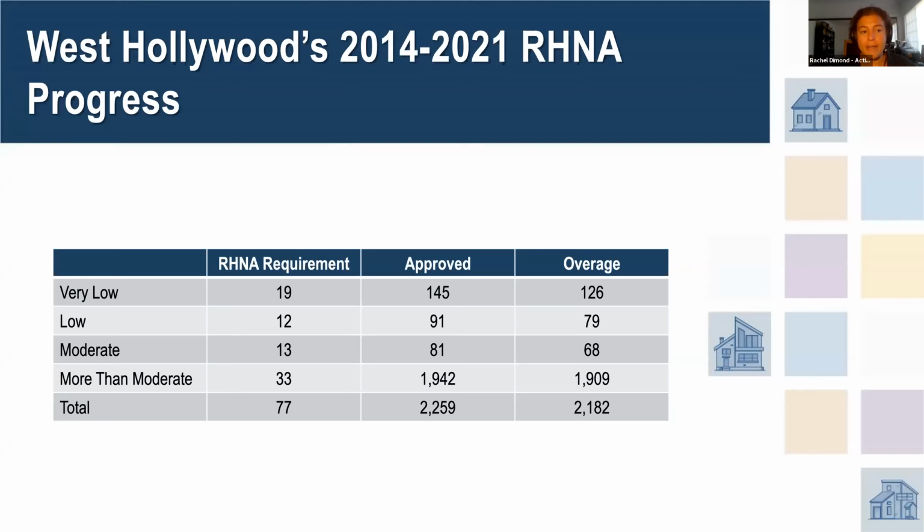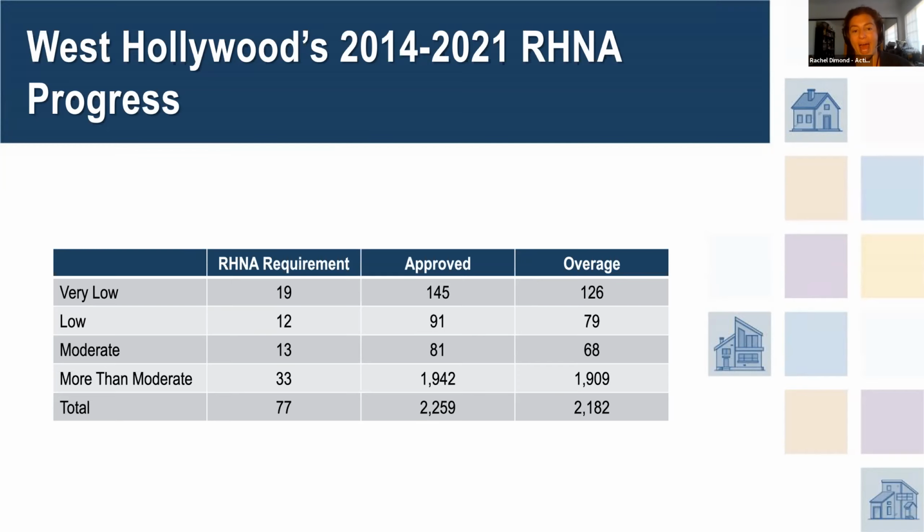So this is our current cycle, and our number for this current cycle was 77 units. Extremely low. And it was low because when they were studying the economy and the housing situation to create those numbers, it was right in the middle of a pretty severe economic downturn in California and nationwide. So as those numbers got developed, they really reflected a very low number and perhaps not the overall need of the region. Ultimately, we were able to approve 2,259 units,